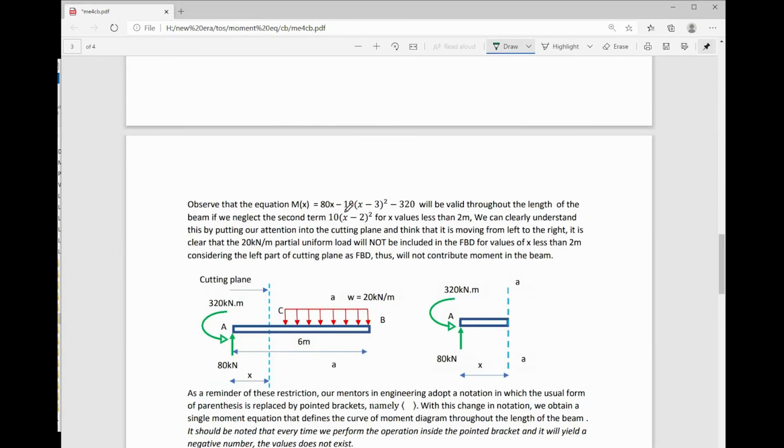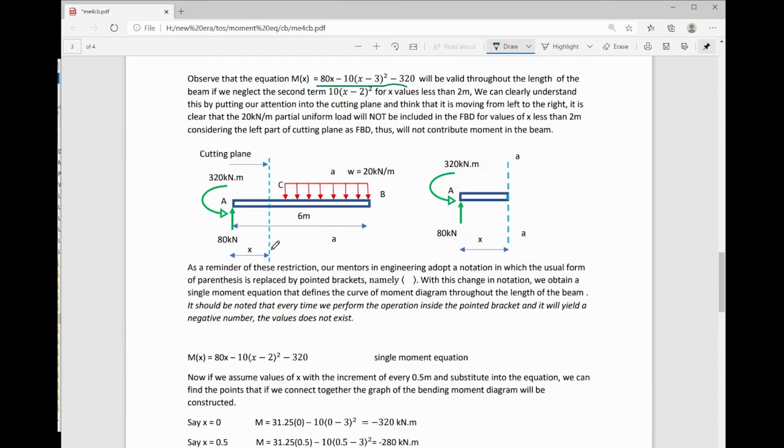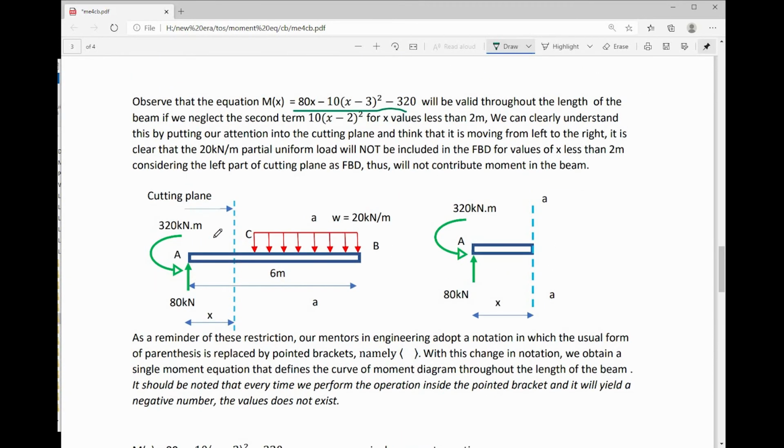We can now observe that our equation will be valid throughout the length of the beam if we neglect the term 10 multiplied by (x − 2)² for x values less than 2 meters. We can clearly understand this if we focus our attention on the cutting plane and think of it as moving from left to right. We know that if the cutting plane is located from point A up to point C,